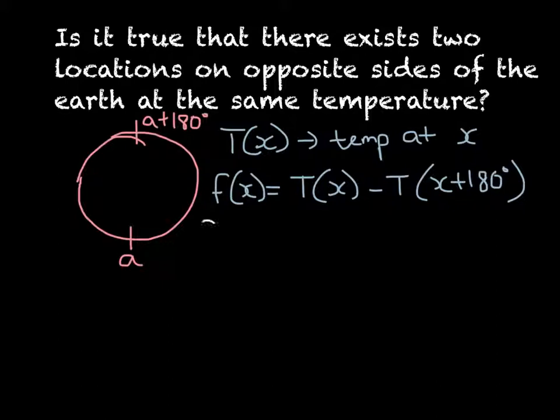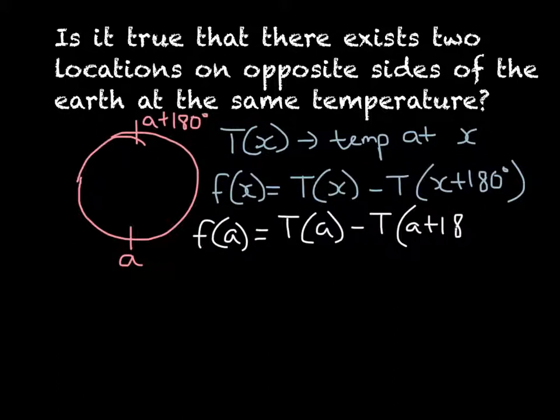What we get is that f of A equals the temperature at A minus the temperature at the point directly opposite it. And there are some possible values for this expression. Either f of A can equal 0, in which case we found the points that have the same temperature and are on opposite sides of the Earth,